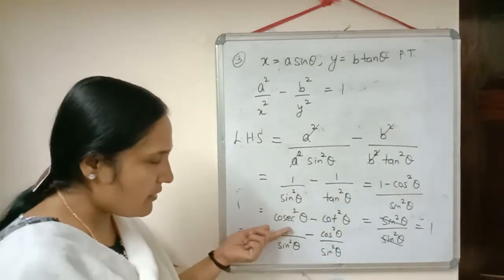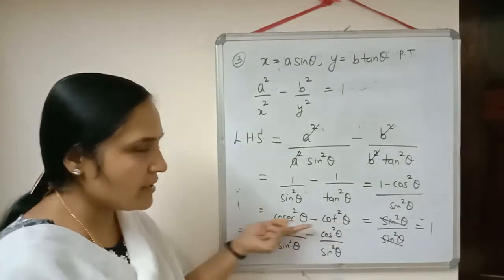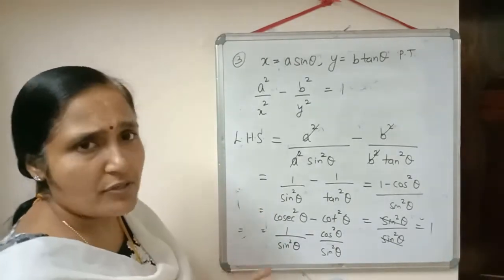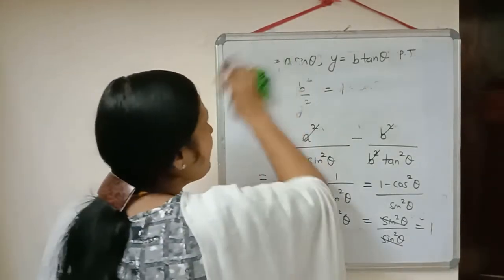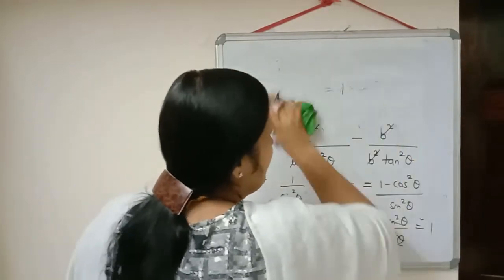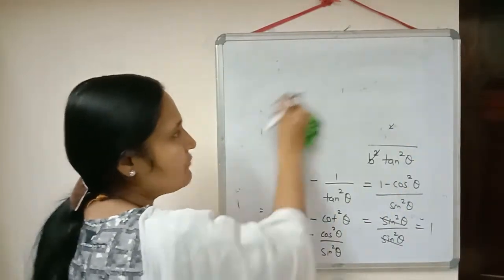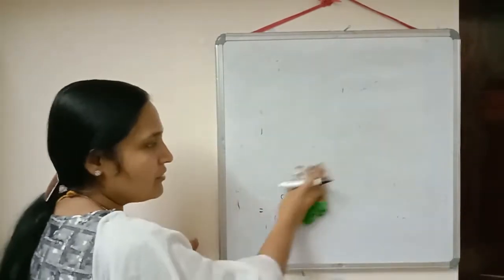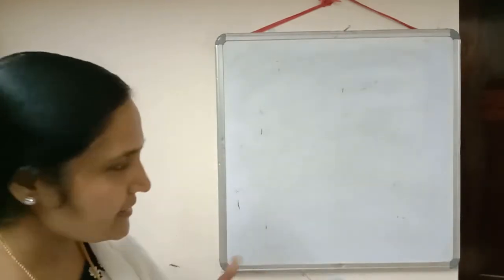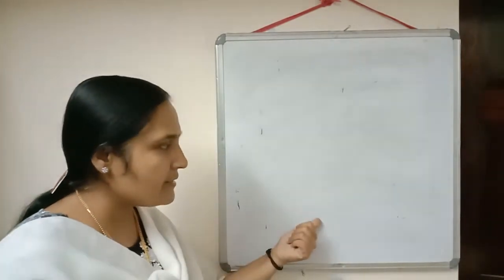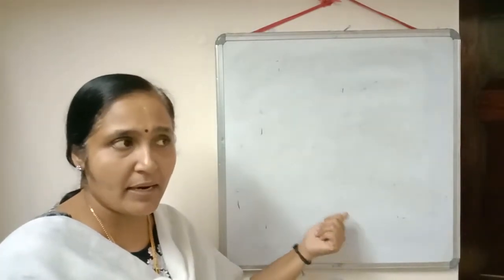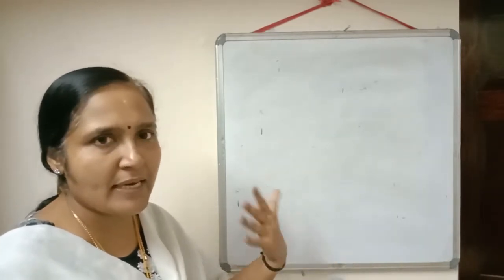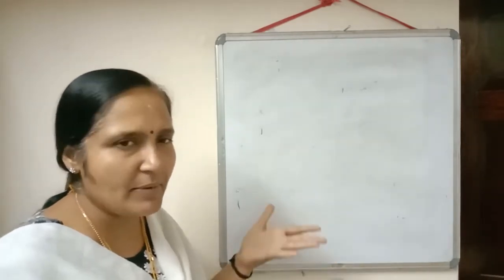So suppose you don't remember this identity, then you can simplify in terms of sin and cos, and then also you can do the question. It depends on you. There are so many ways to solve the question, but if you use the correct identity, there will be fewer steps. So you can save your time also if you remember the identities. Just to check, if I remember the identity, that's why I wrote the answer here only. But otherwise you will change cos in terms of sin, and then you have to do the cross multiplication sometimes. It will take a little bit more time.